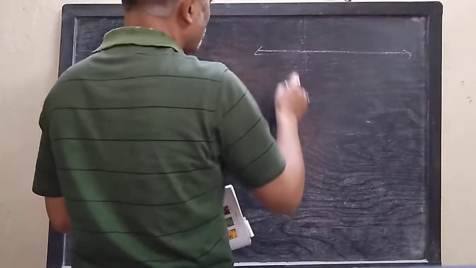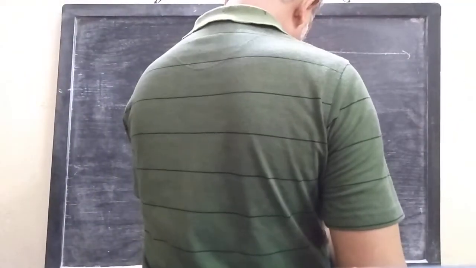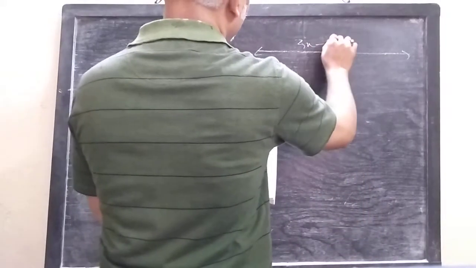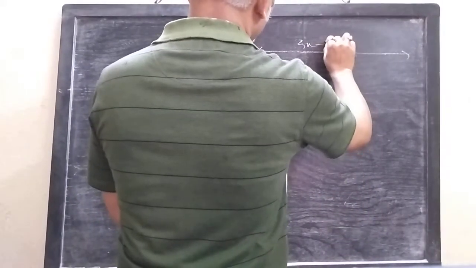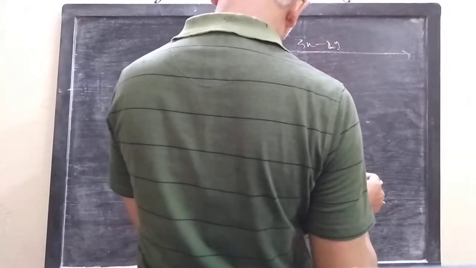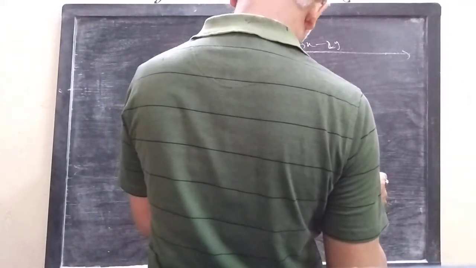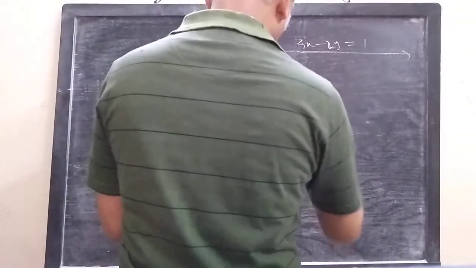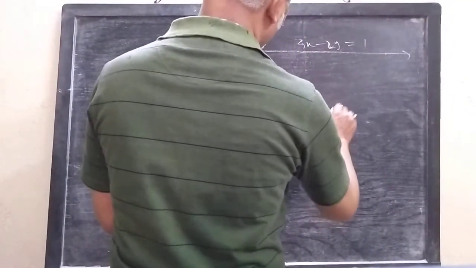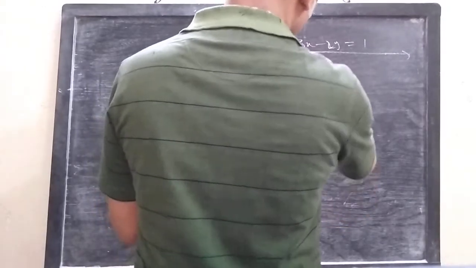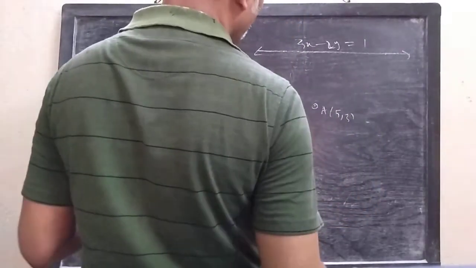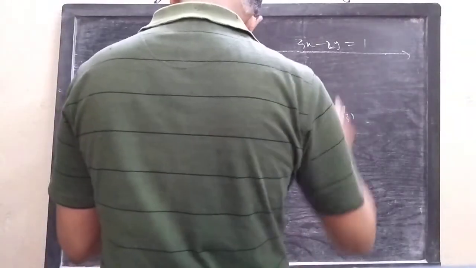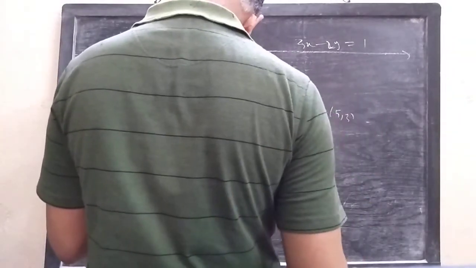Suppose this is the line provided. Its equation is given to be 3x minus 2y minus 1 equals 0. From the point (5, 3). Suppose this is the point outside the line, because substituting this gives 15 minus 6 minus 1, which is 8. So (5, 3) is an outside point. Find the distance of this line from this point measured in